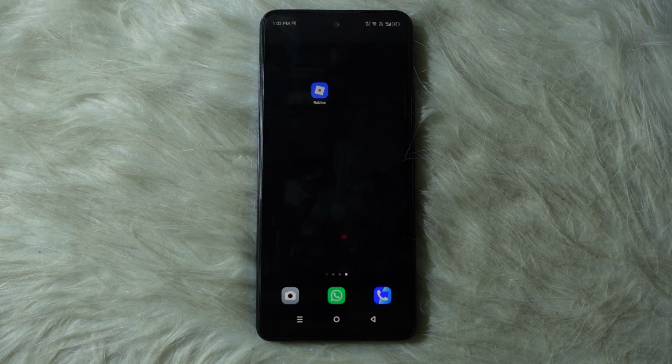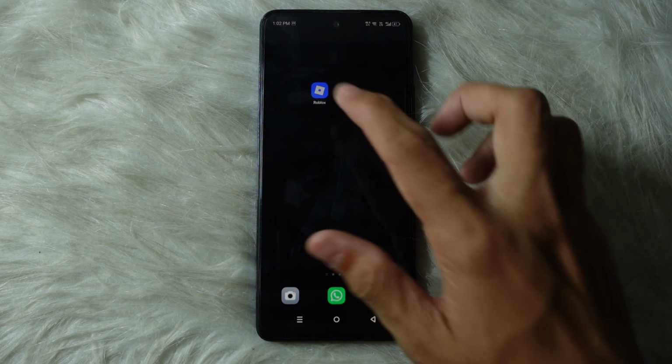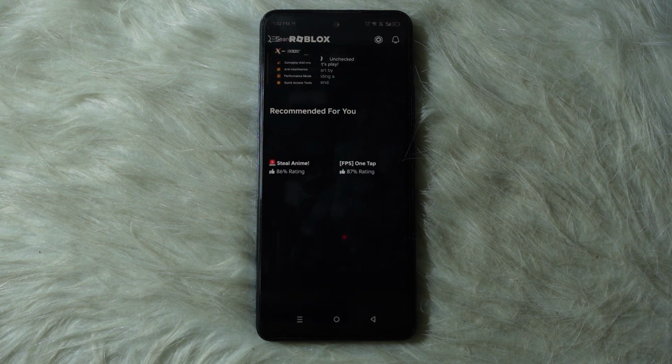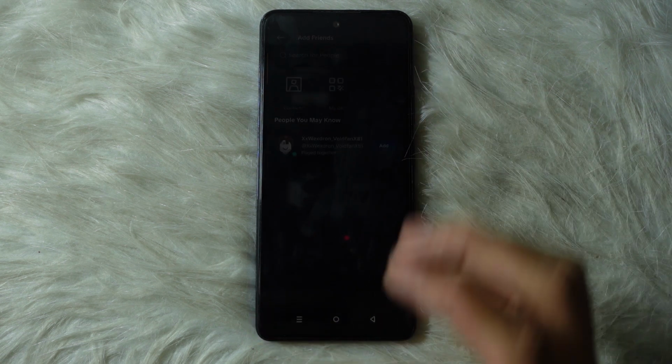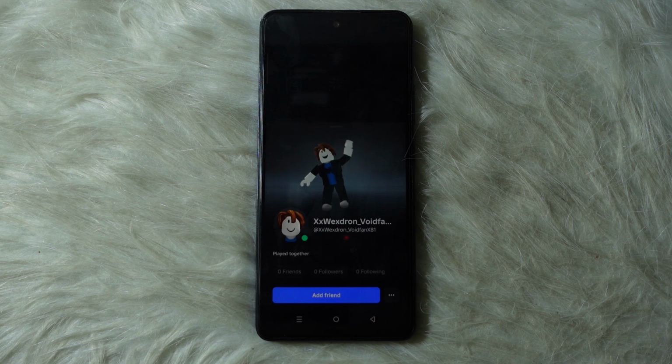How to report someone on Roblox. First, you want to simply open the Roblox game, and once you're inside the game, you want to simply tap on the party option over here. And what you want to do is you want to simply go to the profile of the person that you